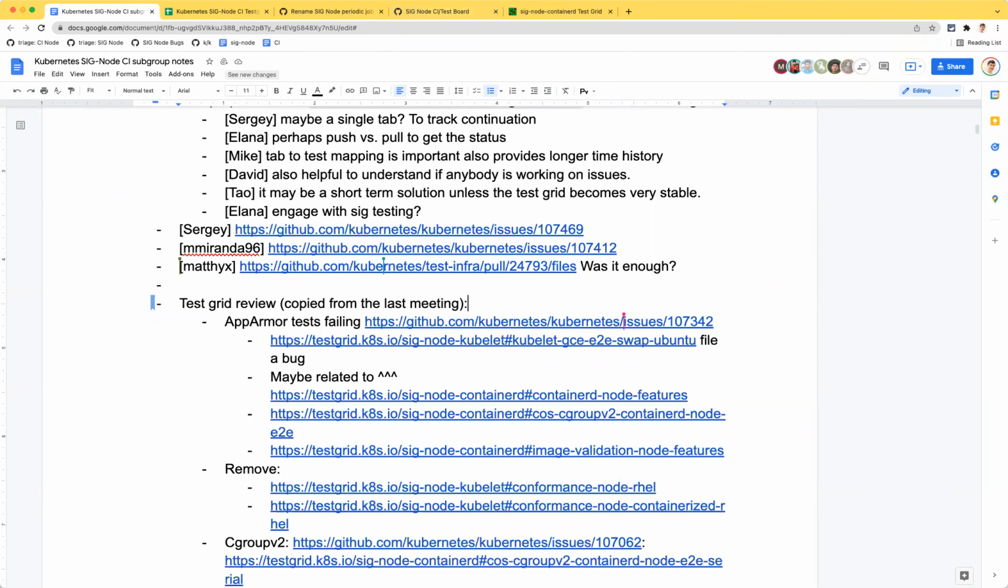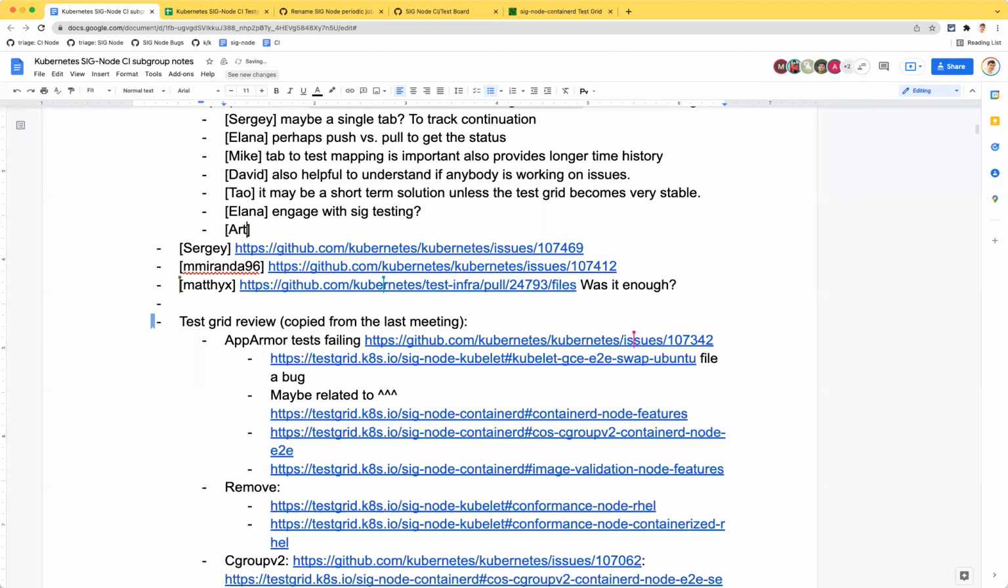Yeah, but the question is who will update this document. It's additional work for someone. For a lot of jobs we get email notifications. I'm looking at the ones related to resource managers and huge pages. If a job has more than three failures in a row, it will notify you via email. Yeah, that was the thing I was talking about earlier, Artyom. Okay, sorry, I missed it. No problem.